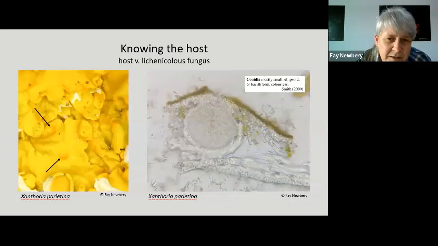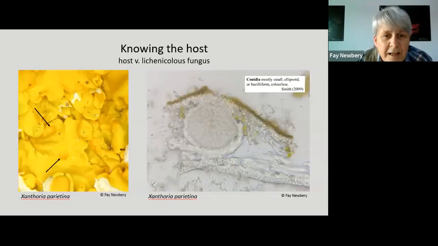But that was an easy mistake for me to make because a lot of the books that describe lichens are really disinterested in pycnidia. If a lichen has vegetative structures, we call them soredia. They're little tiny balls of lichen mixed with alga, or they might have little outgrowths, which we call isidia, which break off, and they again have lichen and alga, or the other photosynthetic partner that there might be there. Lichen books talk about those, and they talk about apothecia and they talk about perithecia, but they don't so often